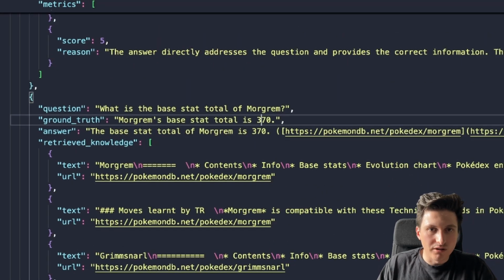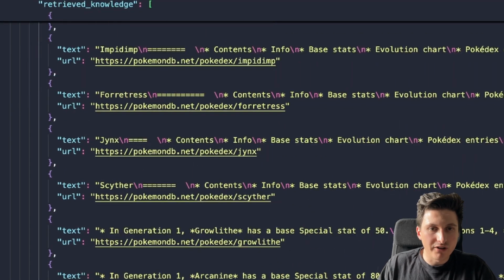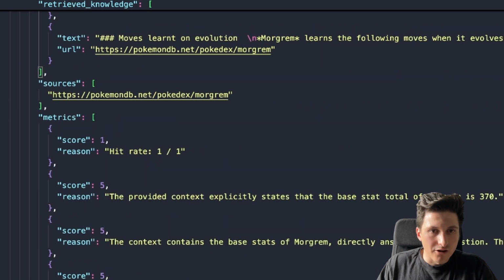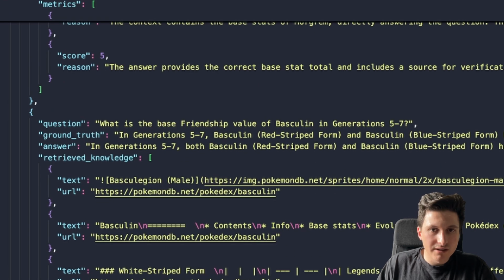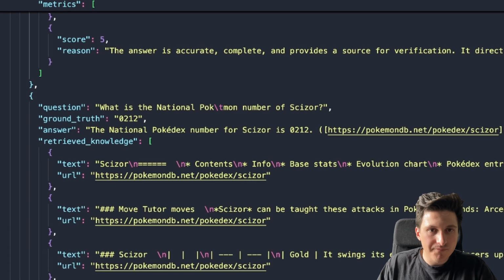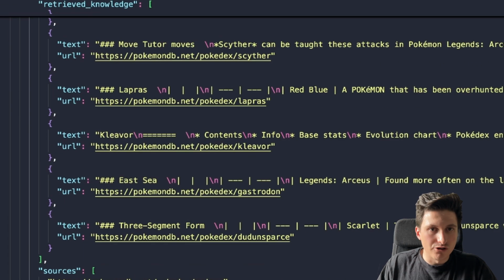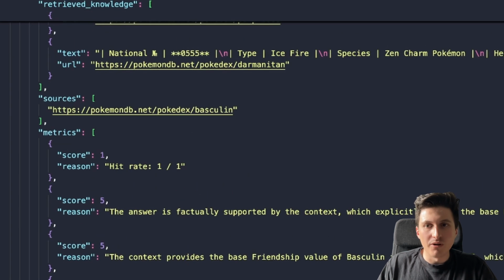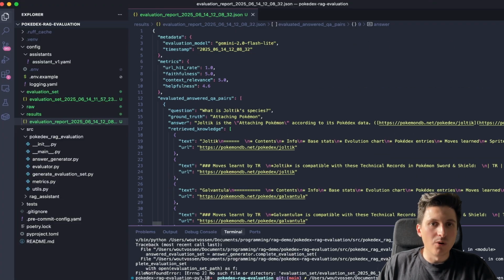Base stat total of Morgan: 370. Entirely correct. The base friendship value of Basculin in generation 5 to 7: Okay, 70. It just perfectly repeats the answer. So 5 out of 5s. National Pokémon number of Scissor: correct one. So indeed, it had a very good score, and at least for these basic questions, it was able